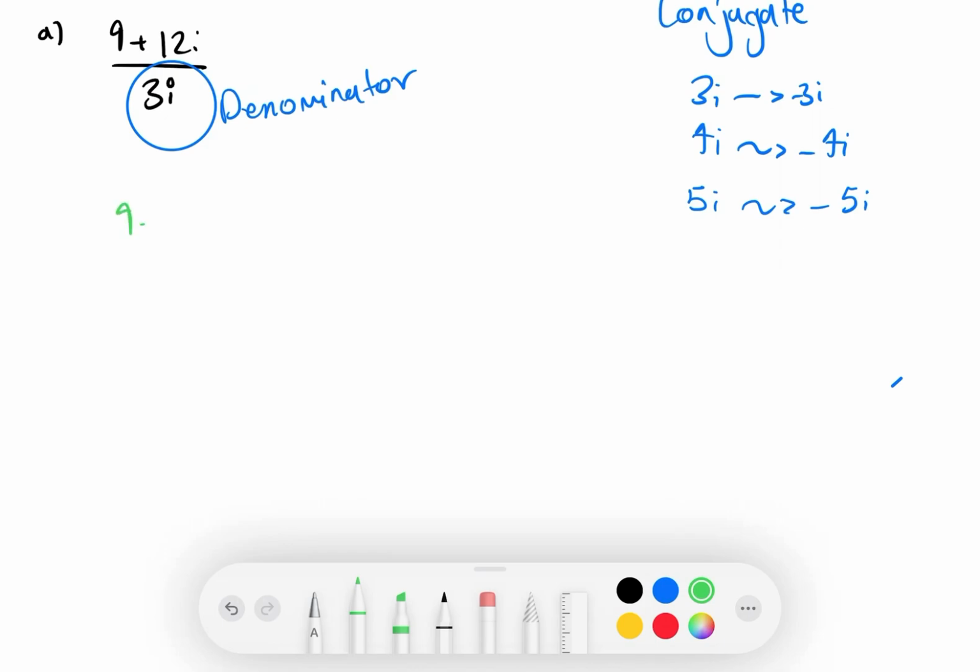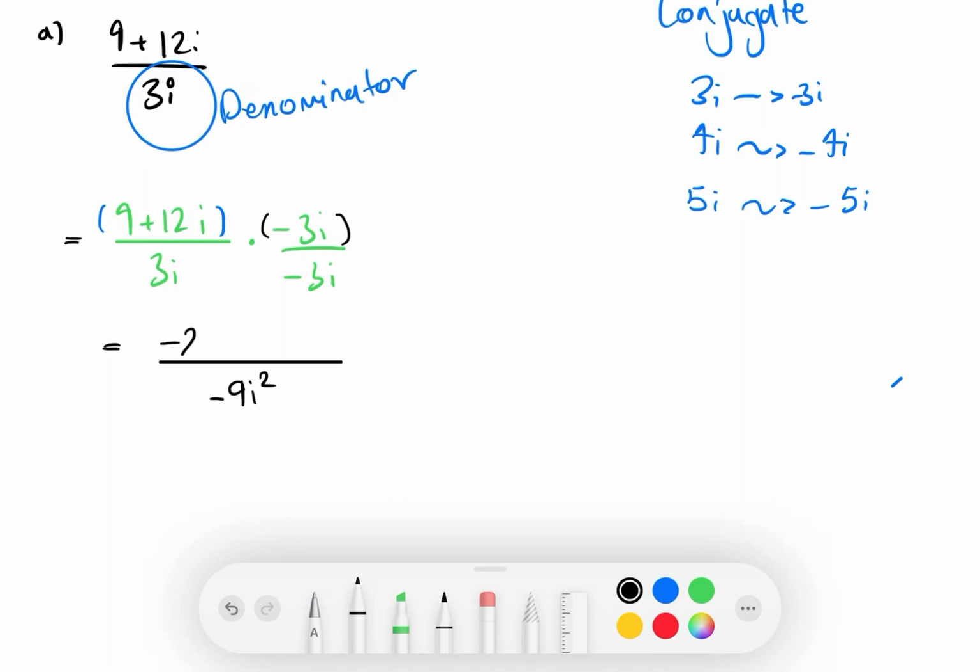All right, so we just write the question down. 9 plus 12i divided by 3i would multiply with negative 3i on this side and negative 3i on this side. We're multiplying both sides with negative 3i. So that would mean that on the bottom, we get negative 3i times 3i would be negative 9i squared. And then just multiply these two. So you get negative 27i